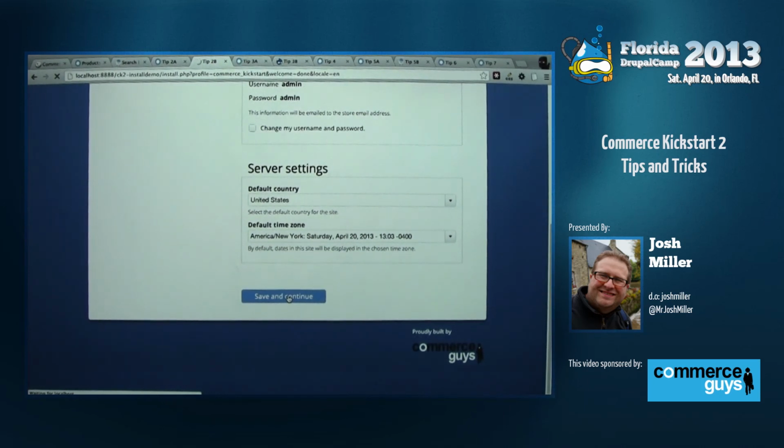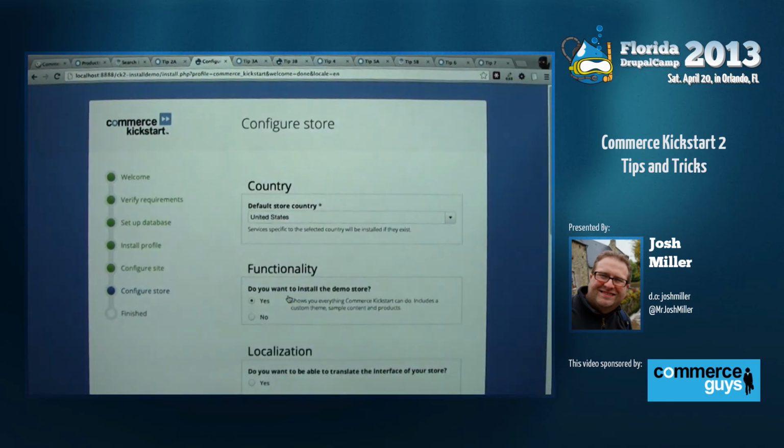Can I ask you a quick question while you're in the installation? Sure. Do you need to install Drupal before the Kickstart, or is it separate? You can download Kickstart with Drupal all together, and you run through the installation just the one time. It's a distribution. Okay. If you go to DrupalCommerce.org